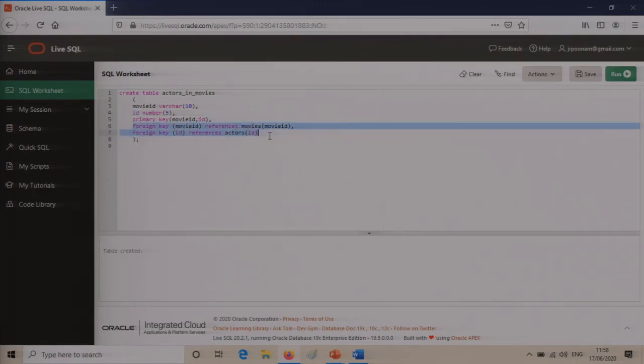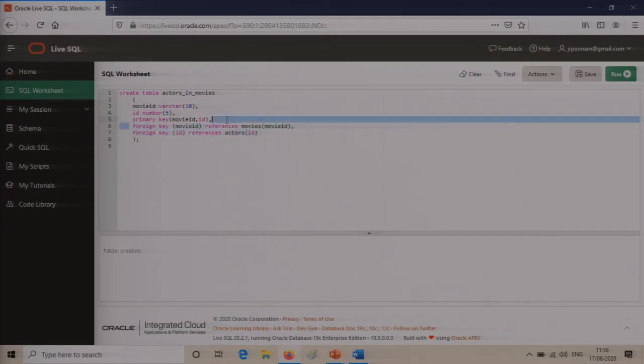So this is the reference of these two tables in this particular table. Okay, and these two are also acting as primary key, so that is what has been mentioned in this particular third line. So the table has been created here.